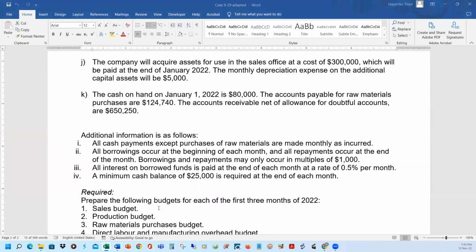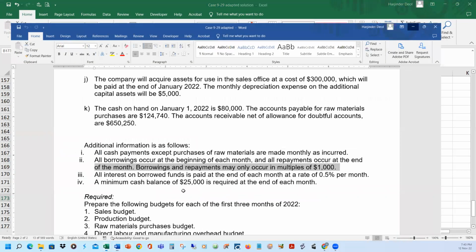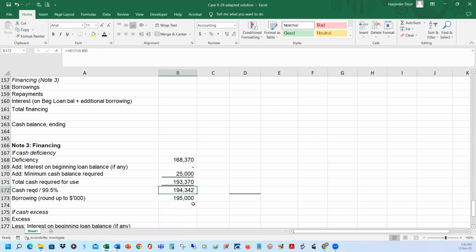The only reason for that is that our hands are tied. We are told explicitly that borrowings can only happen in multiples of $1,000. So if we try to borrow 194,000, we'll fall short still. So we have to borrow the next higher